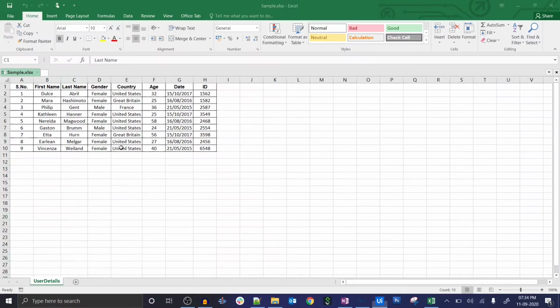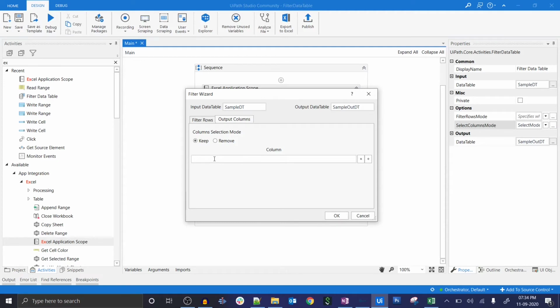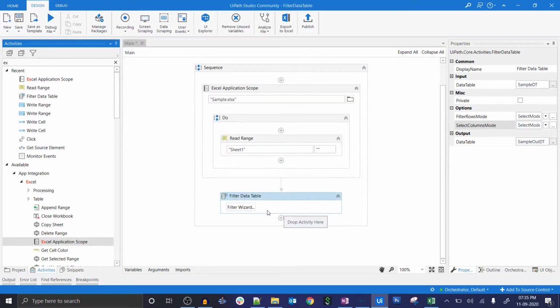So I will use it here, like copy and paste, in double quotes, first name and last name. So we have filtered only first name and last name. Okay, now we have filtered the records.